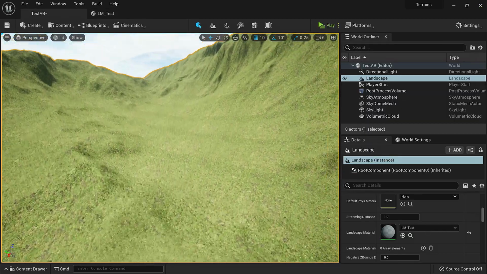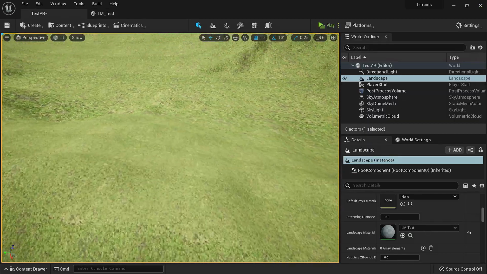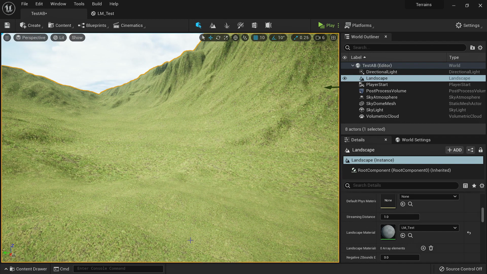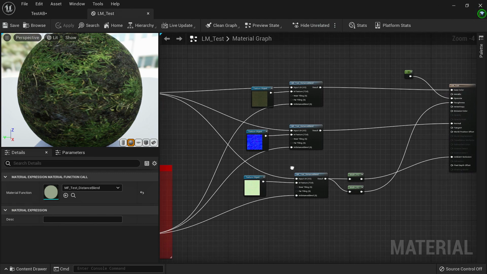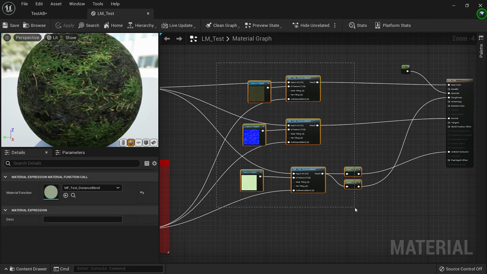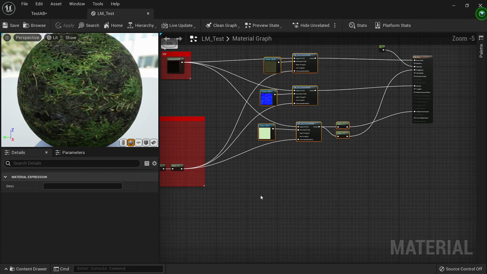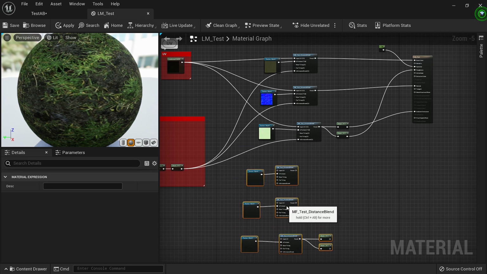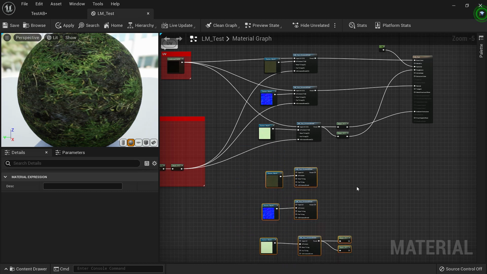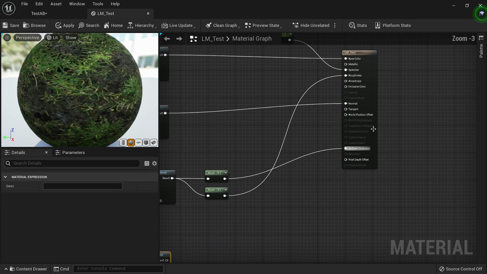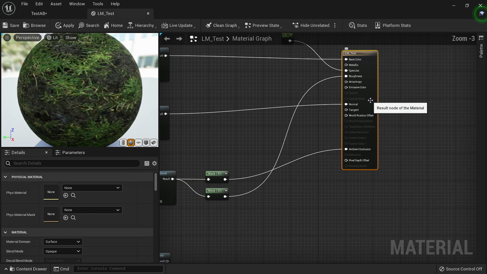And now to get even less tiling, we would take another grass texture and blend that with the original one that we have. With the use of material function, it is very easy. You just have to duplicate all of that and make the connection for the UV and distance blend. And to blend them, we would need material attributes like base color and all of them.